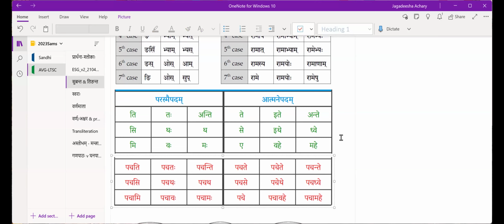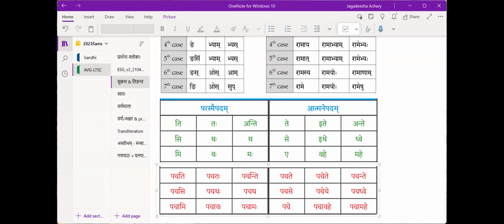Do you have two tables? No, I think they are just blank. I think you got the book with that page blank. Did you buy this book from the bookstore? Yes, I did. They missed it. Page 9 is tenses and moods, and page 10 is verbal suffixes, but the tables are blank.